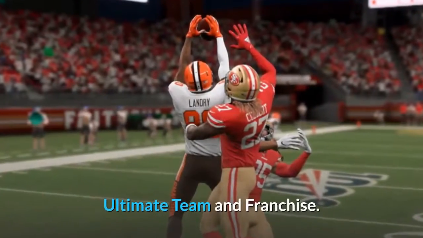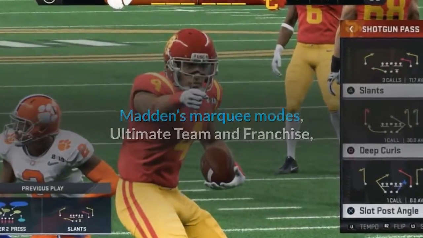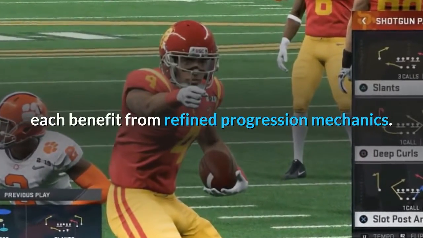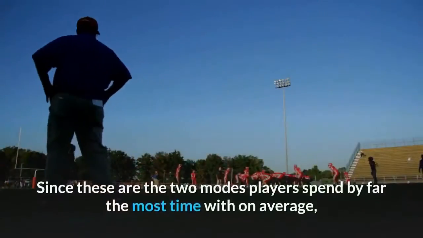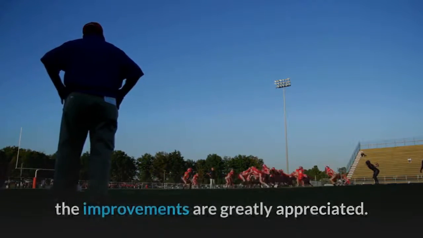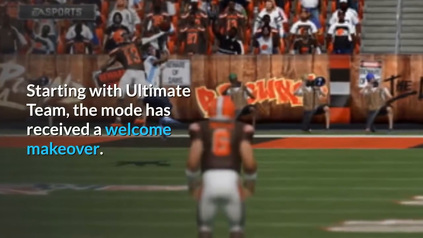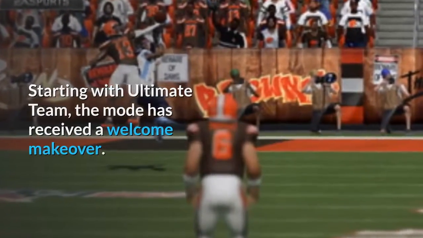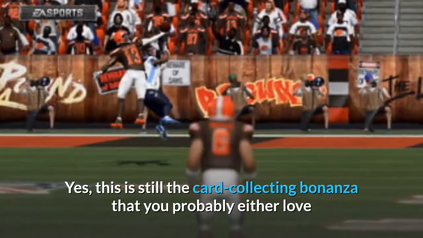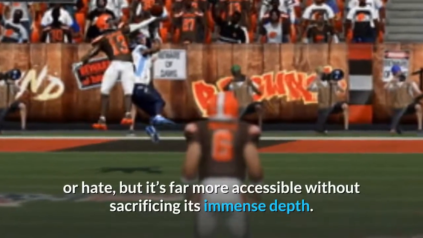Ultimate Team and Franchise. Madden's marquee modes, Ultimate Team and Franchise, each benefit from refined progression mechanics. Since these are the two modes players spend by far the most time with on average, the improvements are greatly appreciated. Starting with Ultimate Team, the mode has received a welcome makeover. Yes, this is still the card-collecting bonanza that you probably either love or hate, but it's far more accessible without